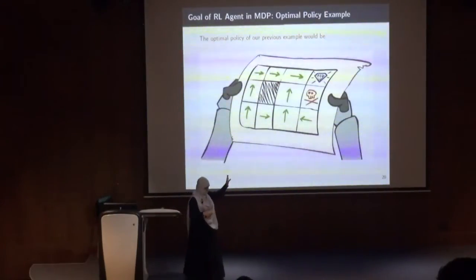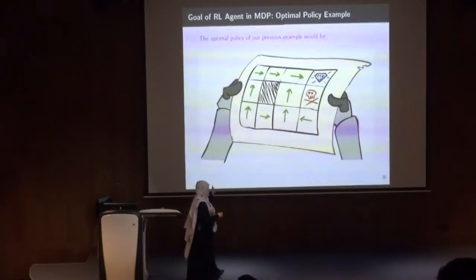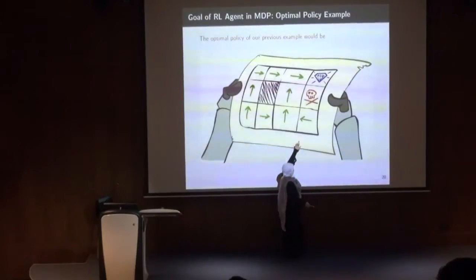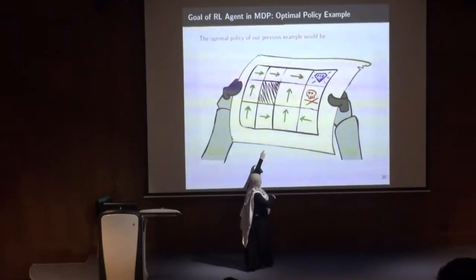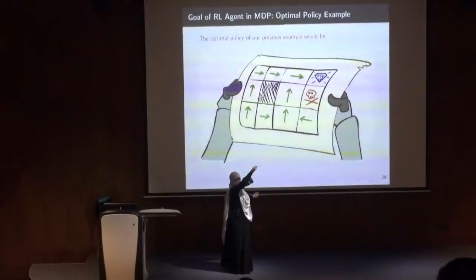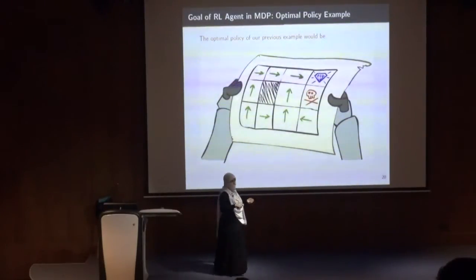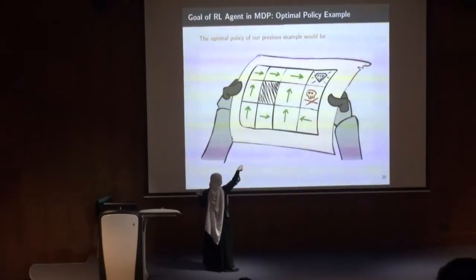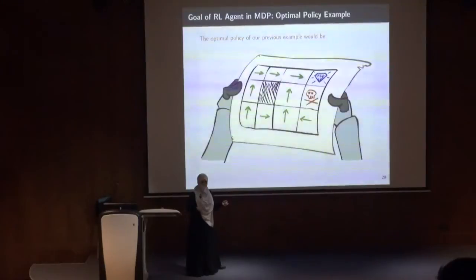Okay, so this is an example of an optimal policy. The optimal policy would tell me, if you're in this state, go to the left. If you're in the state before, just go to the diamond and grab it. If you're in this state, do not go to the right, go up, and you have a higher probability of reaching the diamond. If you're in this state, one policy could give me go up, another policy could give me go to the right, and I can reach the diamond with this path. So there is more than one policy. There is an optimal policy, and for some problems there is more than one optimal policy.